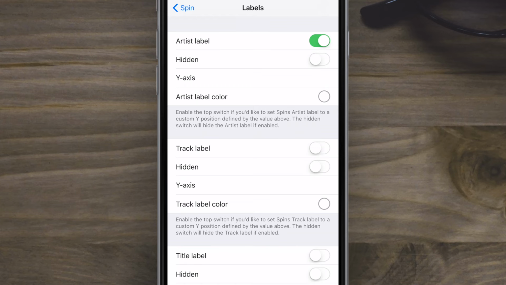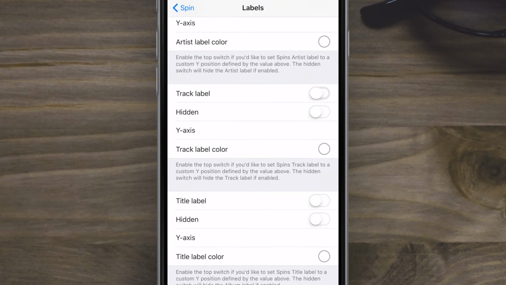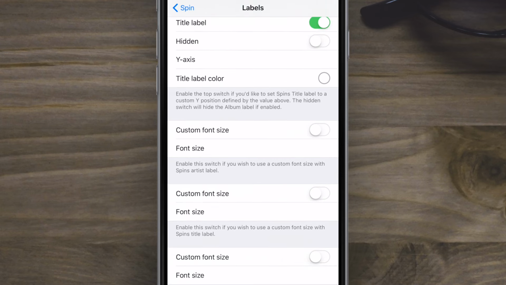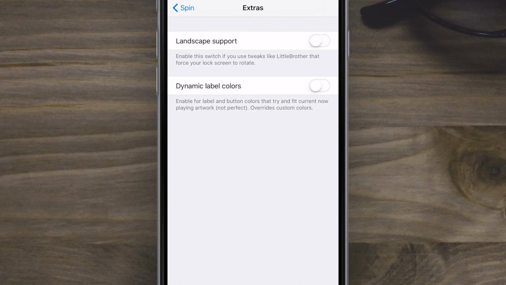I do want to see the artist label. I do want to see the track label. I do want to see the title label. All of those you can turn on and off, as well as hide them if you'd like to. You can change the position of them if you'd like to move them up or down on that Y axis. There's really cool extras. I particularly like the dynamic label colors, which takes your album artwork and tries to match